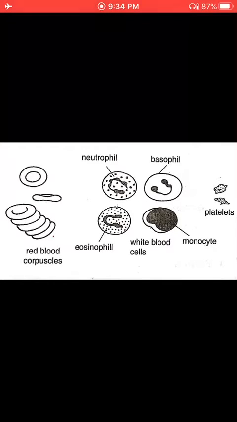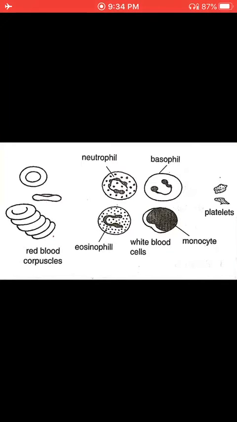RBCs consist of hemoglobin, and are biconvex in nature. This is responsible for the translocation of oxygen within the body. A lot of activities are done by the blood, like transport of waste, oxygen, and carbon dioxide. Blood clotting is one of its main features. Together with this, lymph is also a fluid connective tissue.